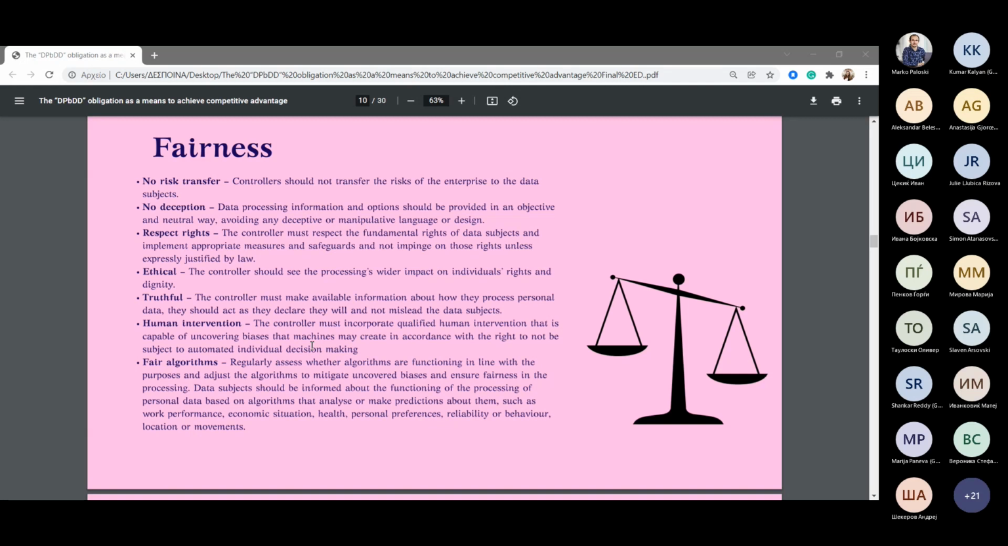And last, fair algorithms. Regularly assess whether algorithms are functioning in line with